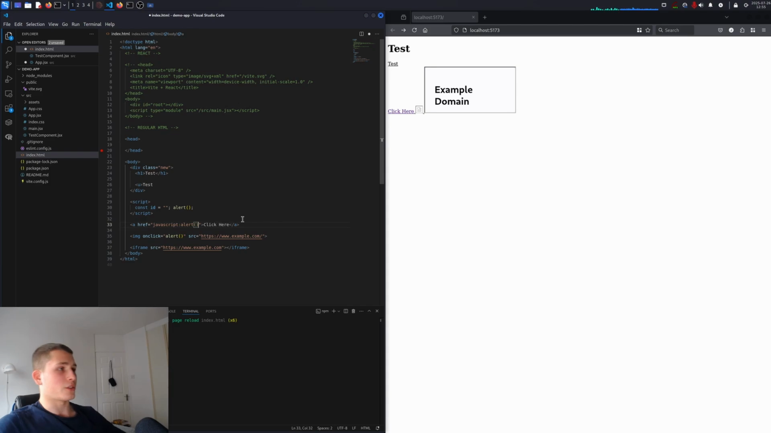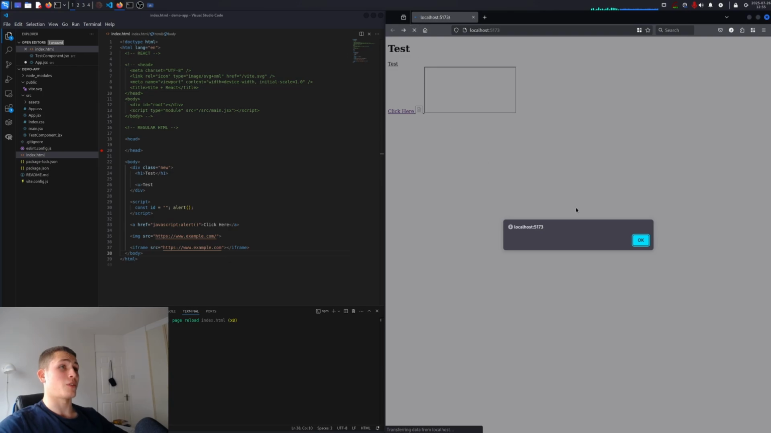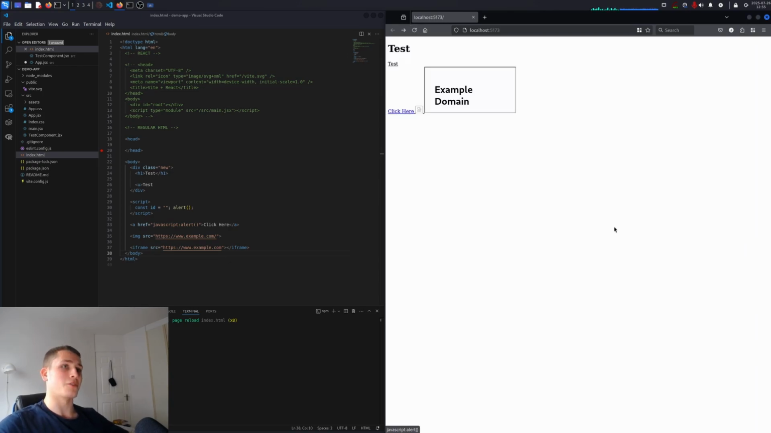There's a protocol that looks kind of similar to the HTTP protocol. It looks like this, and browsers for some reason execute this as JavaScript. I've never actually seen this used before. It seems like a very weird thing to do, but if I click on that, you see it'll just execute